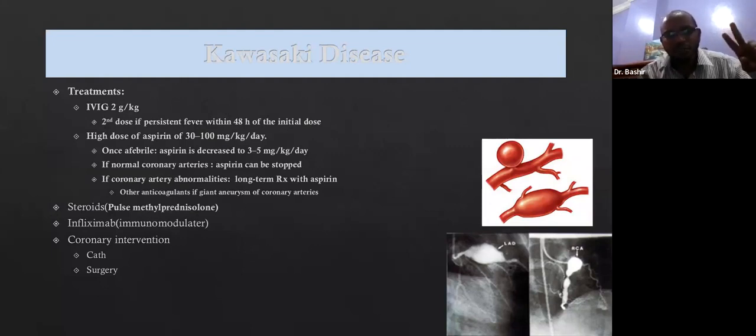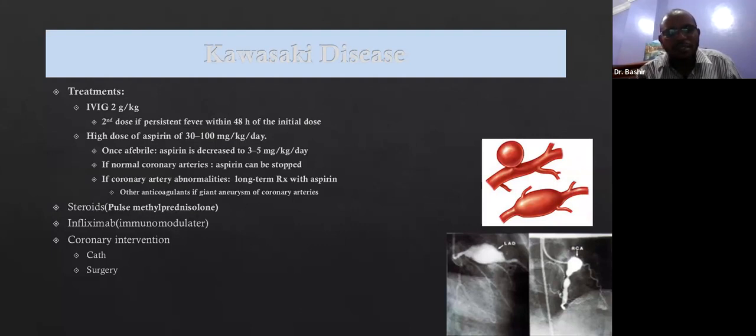These are the 2 major medications we use for all children. Most children will respond within 48 hours or even 24 hours after the first dose of IVIG. If they do not respond after the first dose of IVIG and high dose aspirin, and the fever has not subsided,